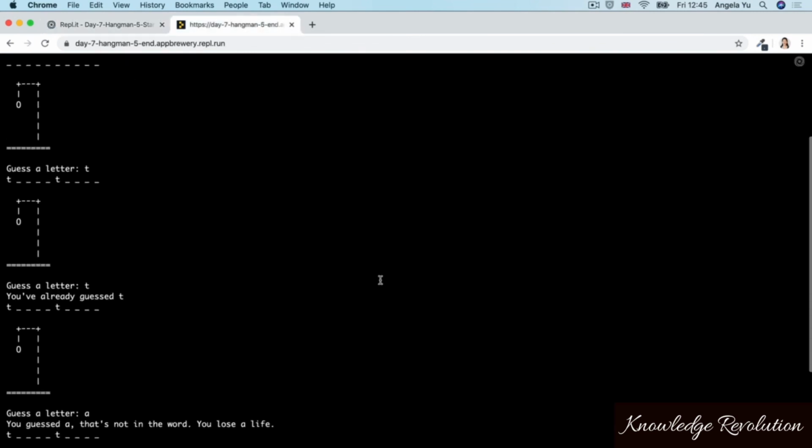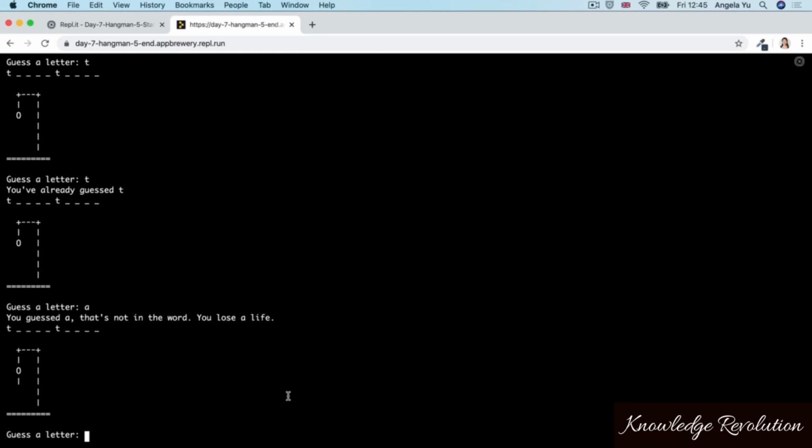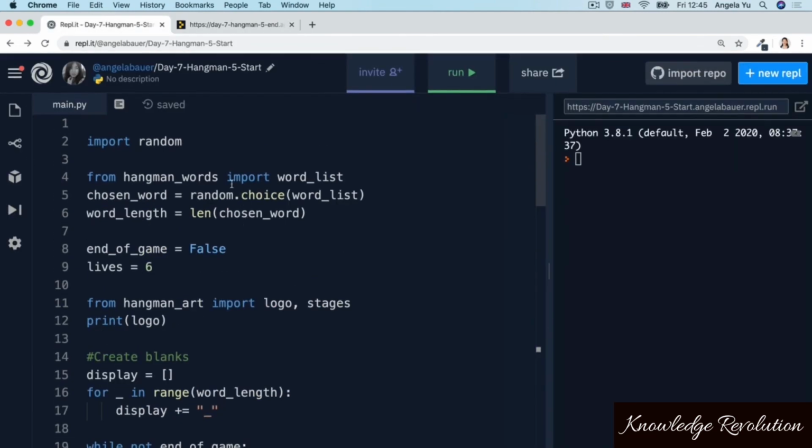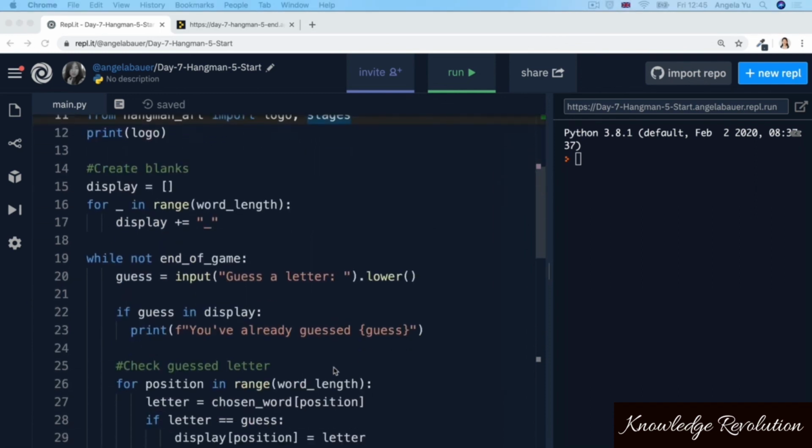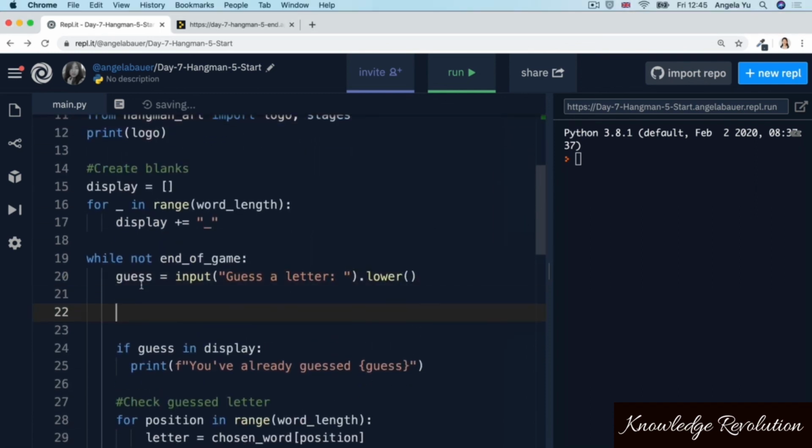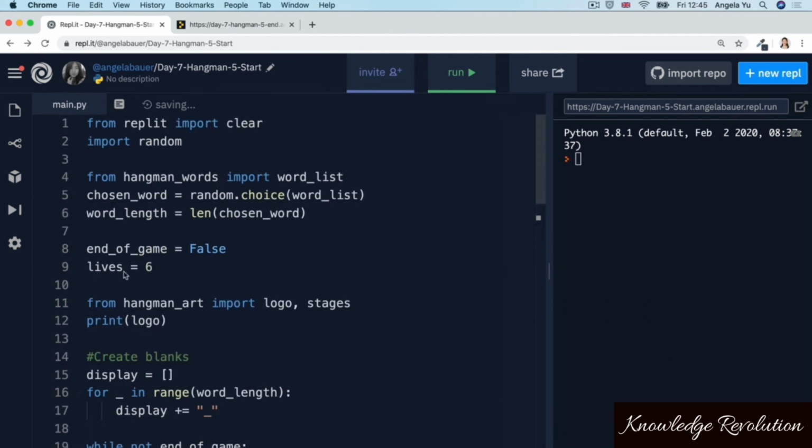Because you can see that at some point you have to keep scrolling and it gets a little bit confusing as to which stage you're in. So one of the things that you can do is you can tap into the Replit module and you can import a function called clear. Once you've imported this clear function, then you can go ahead and add it just after the user has made their guess. So you can call it just as you would any other function now that you've imported it into this file. And when you run the code now,